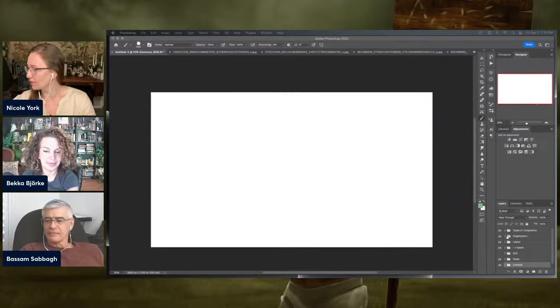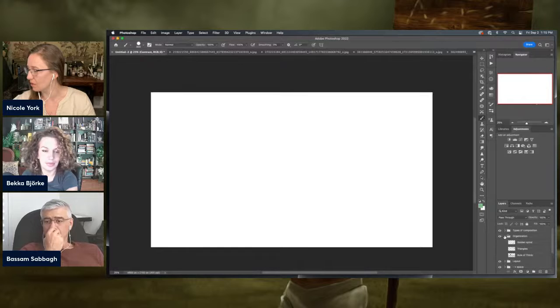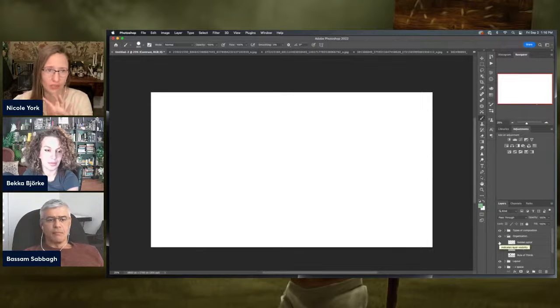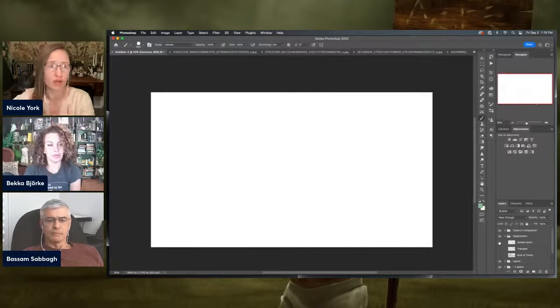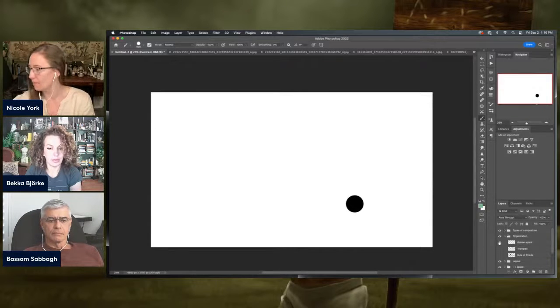All right, so then we're going to look at the organization. And so we've already mentioned the rule of thirds. We talked about the golden spiral and the Fibonacci sequence, but essentially the idea is that there are different ways that you can organize information in an image. And there are a couple of rules that you can choose to follow in order to facilitate the organization of that image. Now, this one might not make any sense, but if you were to lay out a golden spiral here, this black circle would fall right in the area of interest.